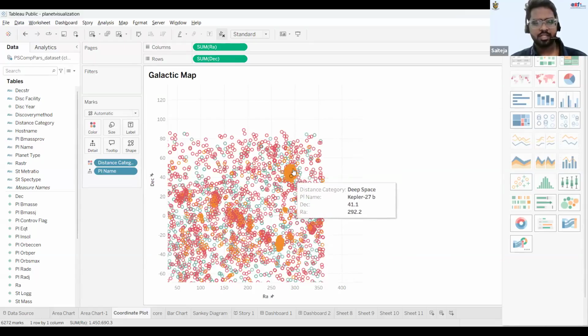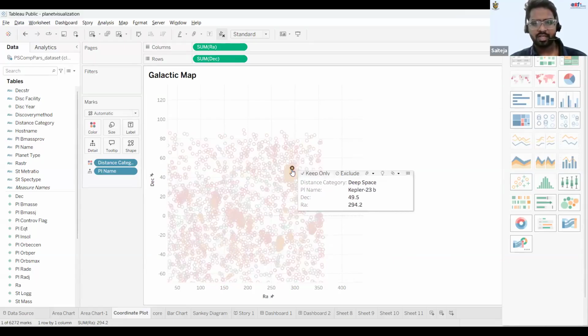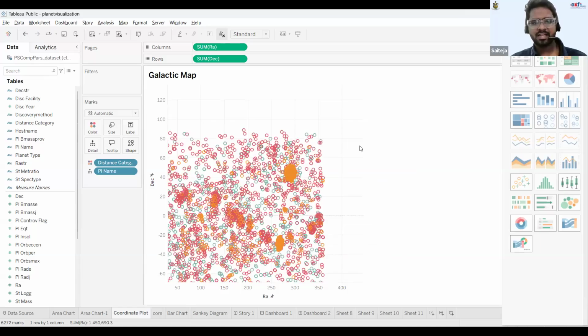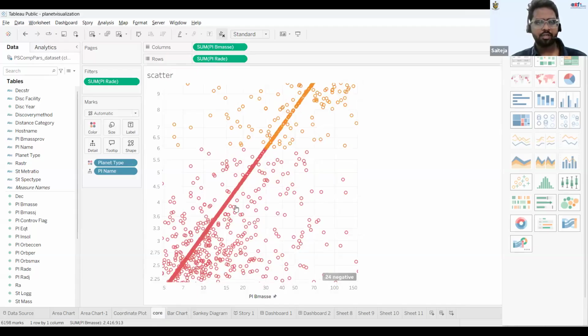And these orange spaces are the distance category called deep space, which doesn't hold any of the planets. And you can see there is a best fit line to show what kind of planets are mostly there. Mostly you'll go with this Neptunian-like planet. We have categorizations like gas giants, super earths, Neptunian planets, right? So to summarize, we'll go with a best fit line, which shows what planet type they are at this belt level.